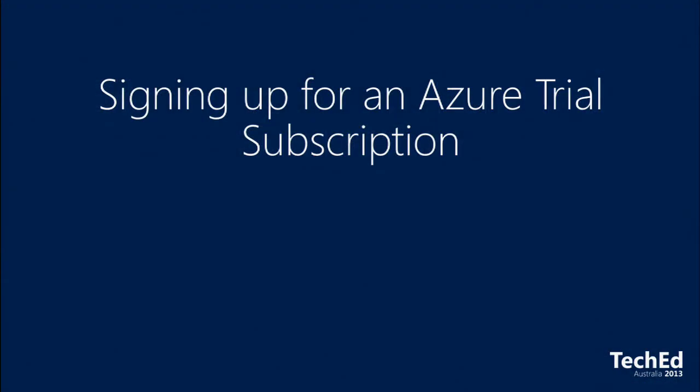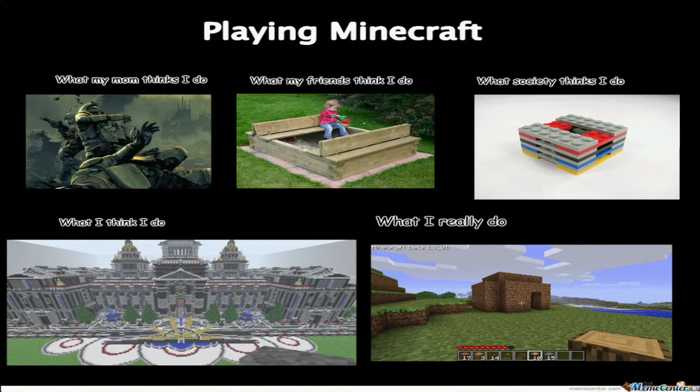Okay, so signing up for a Windows Azure trial subscription. What you need to do this is a credit card. Now, you don't need a credit card that's going to be charged. You need a credit card for the purposes of identification. If you think about it, what Microsoft's doing is giving you cloud capacity. If you were a really clever hacker and you wanted to go and do some cracking of stuff, you would just spin up